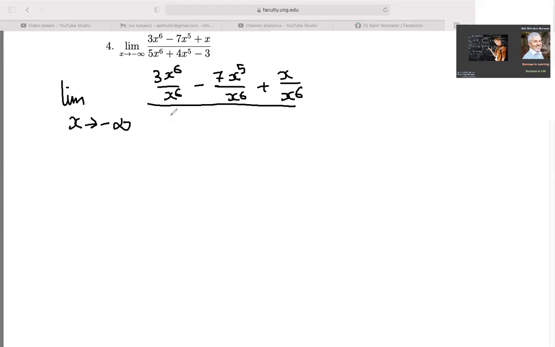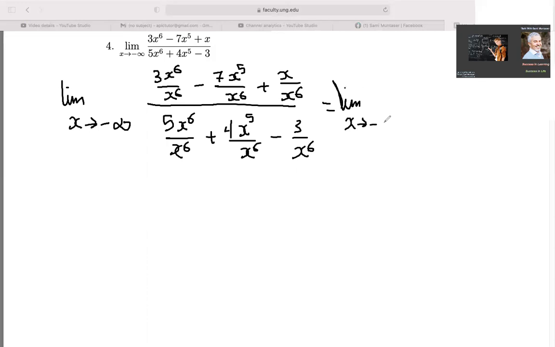And we do the same thing to the bottom. So we have 5x to the 6 divided by x to the 6 plus 4x to the 5 divided by x to the 6 plus or minus 3 over x to the 6. And now what we have is the limit as x goes to negative infinity